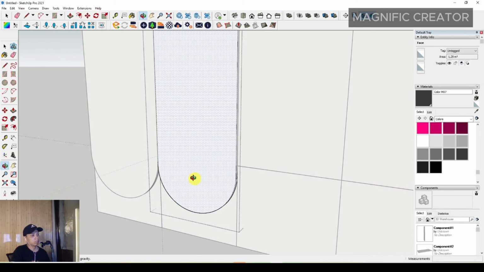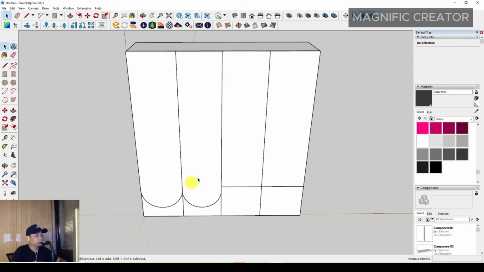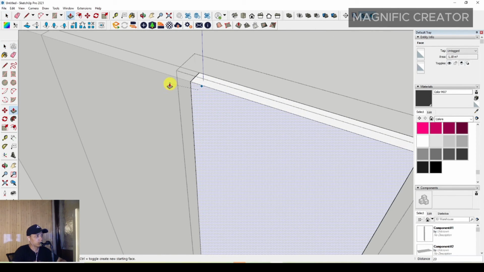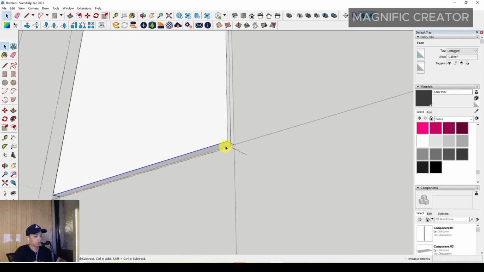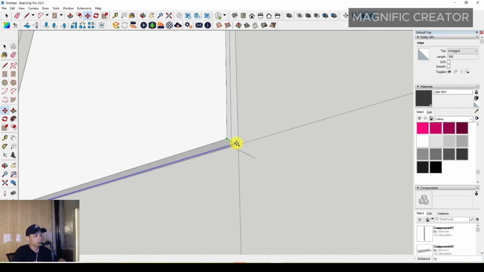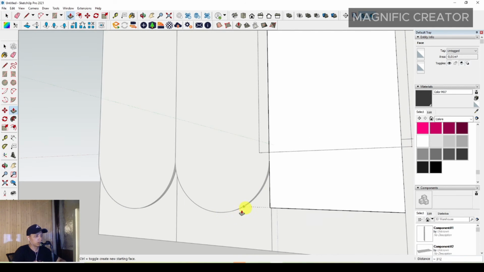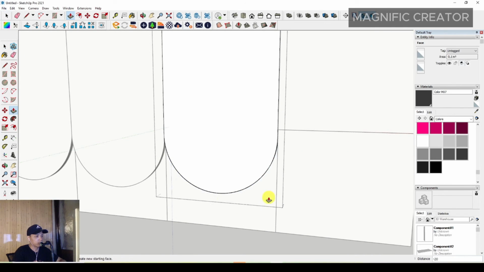set the arc of the door, and then you can do it again with the push and pull tool, and you can adjust the line. You can move to the back also, and then you can get the position. You can get this position maybe, okay, and then you can use a 2-point arc again to make the same elevation of the